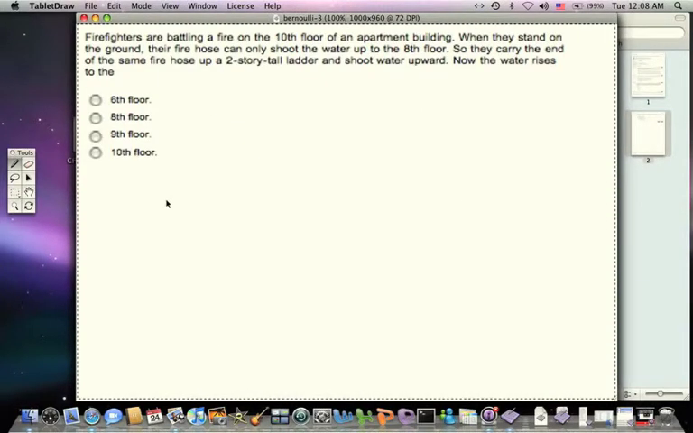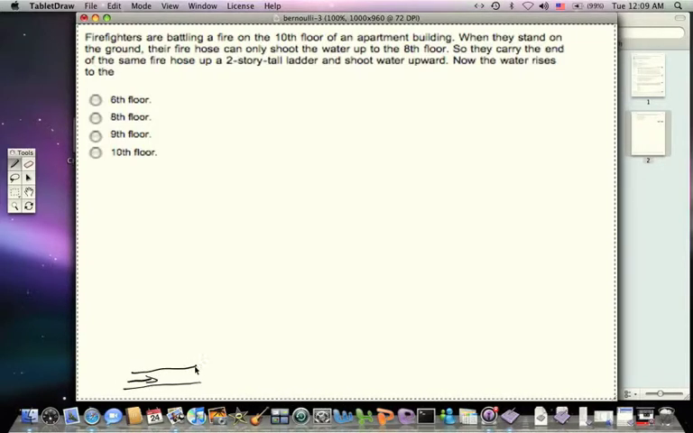Firefighters are battling a fire on the 10th floor of an apartment building. When they stand on the ground, their fire hose can only shoot water up to the 8th floor. So they get the bright idea of carrying the end of the same hose up a 2-story tall ladder and shoot the water skyward. Now the water rises up to, and the idea is essentially that if it had